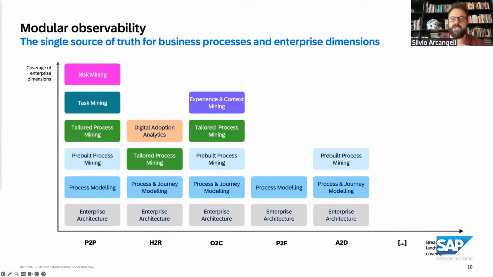So this kind of modular approach, where we allow you to fine tune the capabilities from the suite that are worth and useful and required even in some cases for driving change across your process house is what we call modular process observability, and it's a distinctive factor of Signavio. So we have a very wide set of capabilities and an integrated suite that allows you to mix and match and combine them and spend your money where it's worth it.